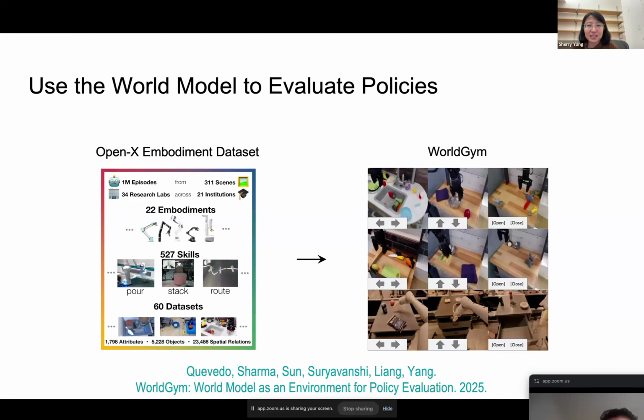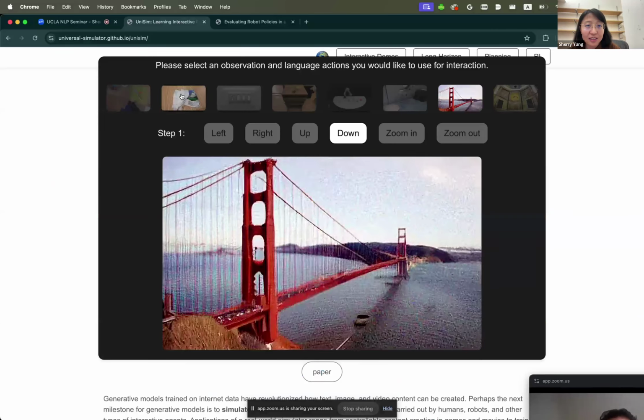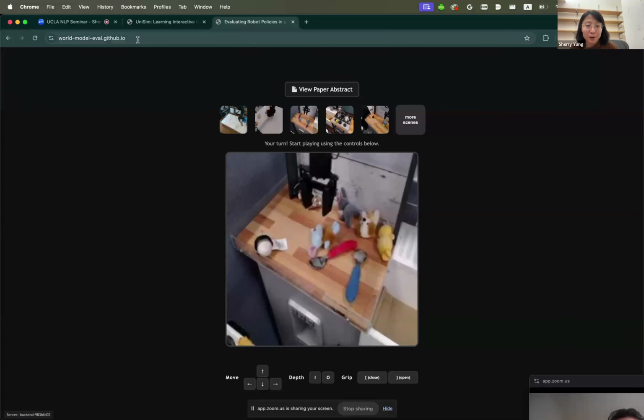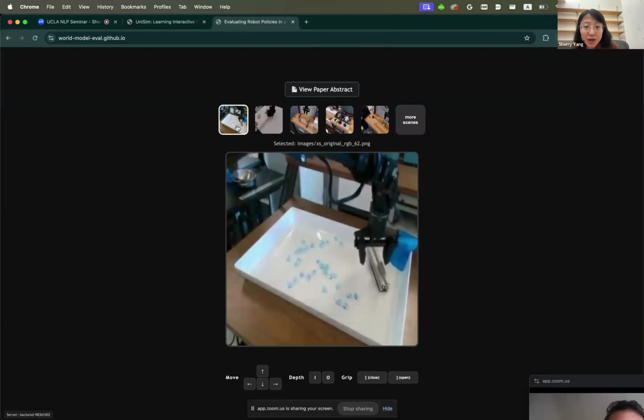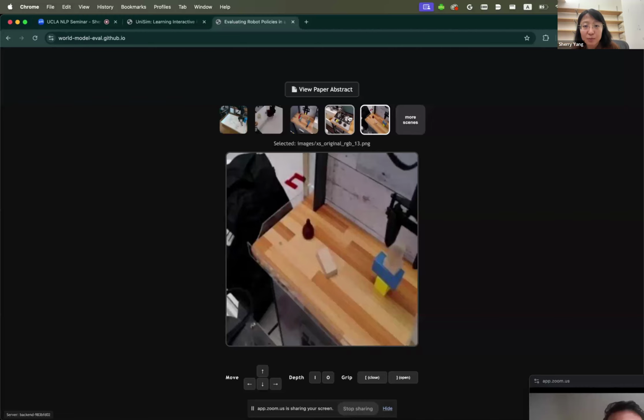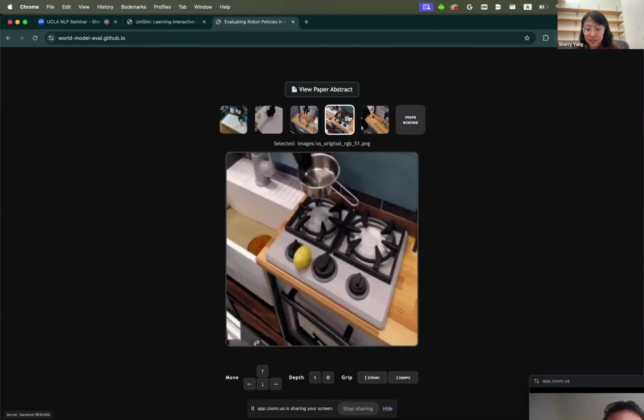But what's more interesting is, again, you can actually check out a live demo if you go to this website, world-model-eval.github.io. And by the way, this demo is running in real time. When you select a frame, you're passing this frame to the server. And when you press different keys, for example, let's press go right, this video is being generated in real time on a few GPUs, right?